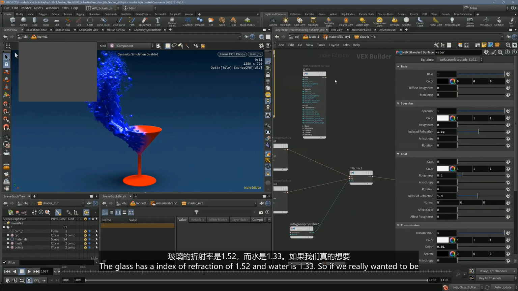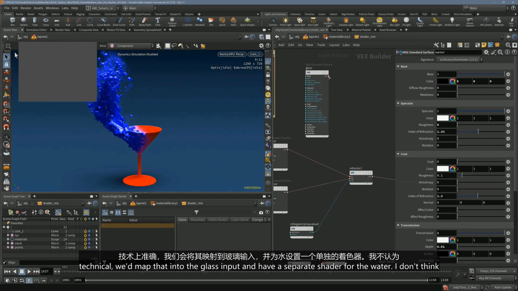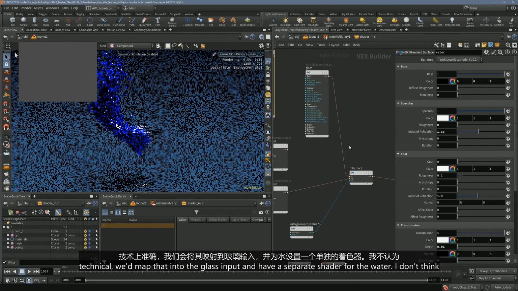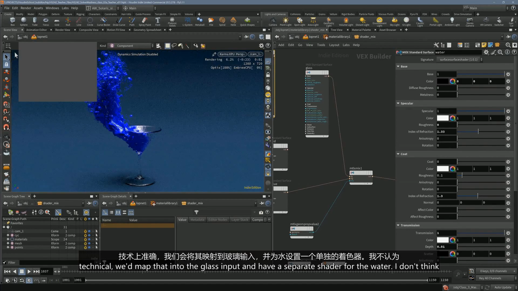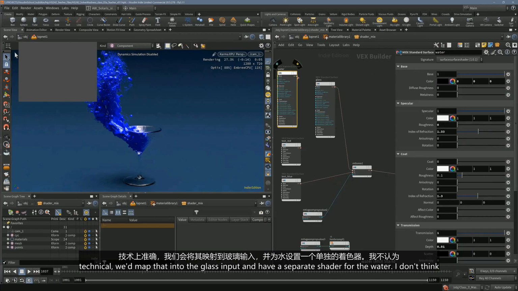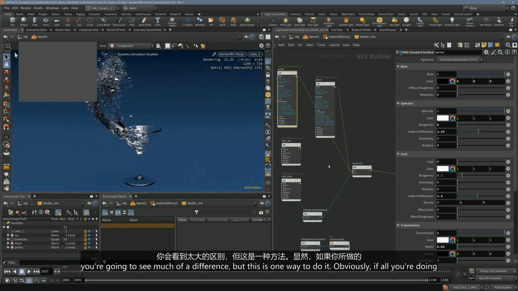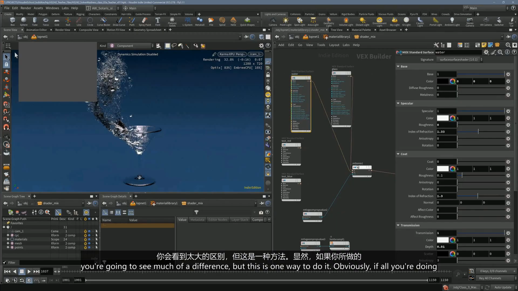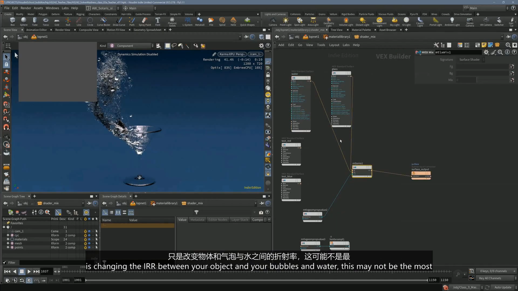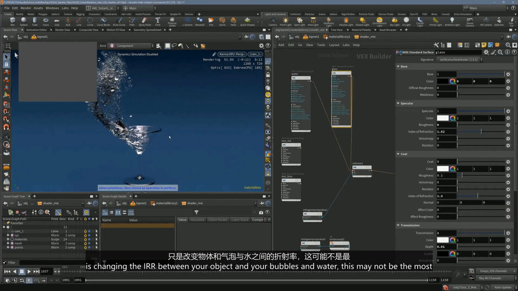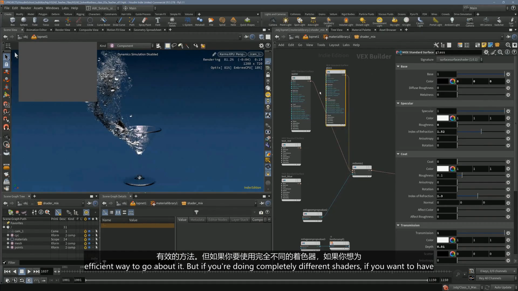So if we really wanted to be technical, we'd map that into the glass input and have a separate shader for the water. I don't think you're going to see much of a difference. But this is one way to do it. Obviously, if all you're doing is changing the IOR between your object and your bubbles and water, this may not be the most efficient way to go about it. But if you're doing completely different shaders,